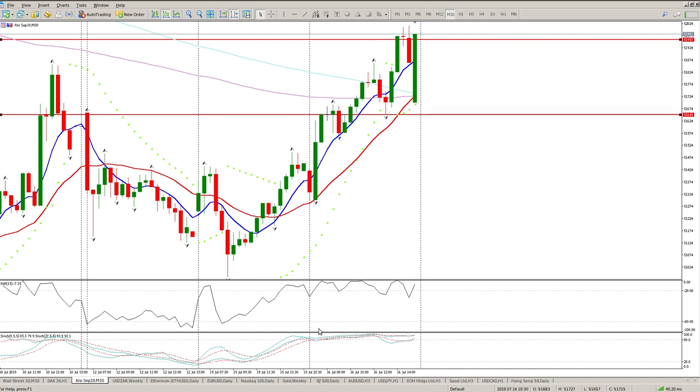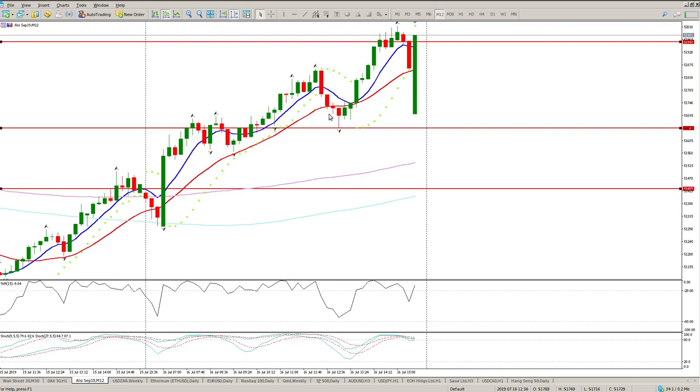I want to wait for a pullback. Ideally I want to see this kind of setup on the half hour where the oscillators are grouped to the downside, and then we can get back in for this trade. You've also got the 200 moving averages here on the half hour. So this area here is definitely something that I'd be watching, and maybe even a deeper pullback into this area here of 51433. So I think the short of it is I'm looking for longs, but not where we are now. I want to see a bit of a deeper pullback, some consolidation,